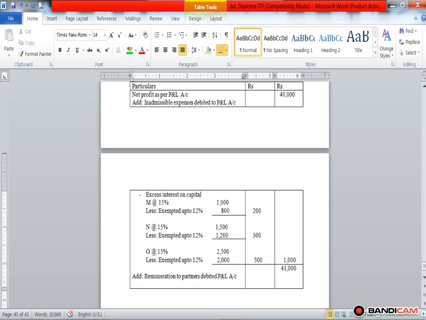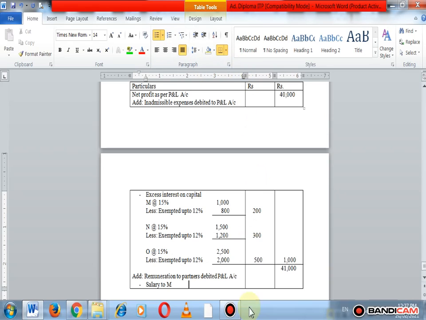Okay, so remuneration includes salary plus bonus plus commission. So salary to Mr. M is rupees